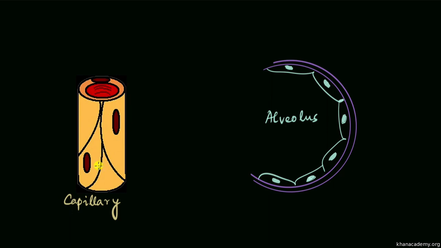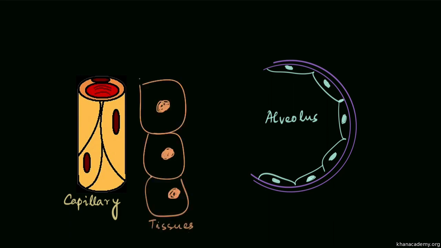So this is very important for the function of capillaries, because what do capillaries do? They supply materials to tissues. So capillaries go to every part of your body and they're responsible for supplying oxygen and taking out carbon dioxide to the tissues. And they also supply nutrients, and take away waste products. Now, all this diffusion is possible only because the wall of the capillary is so thin, thanks to the squamous